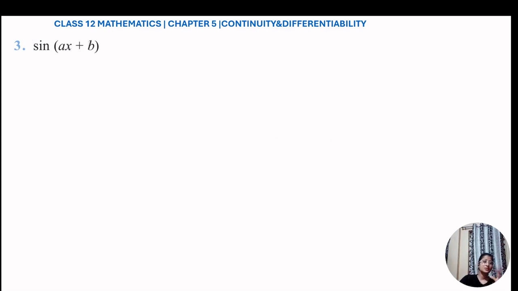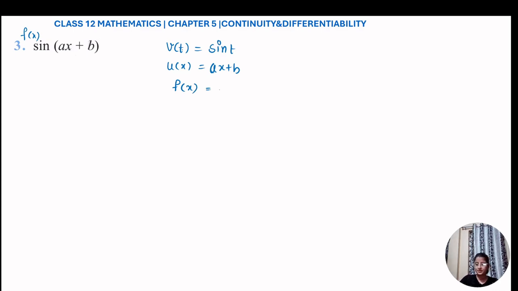This is also the same question, but may I help you in this question? Here also, let's start with the same rule that I have told you. Take this function as f of x. I always take your outer function as v. So your v of t is nothing but sine t. Take your inner function as u. So u of x is nothing but ax plus b. Now your f of x is nothing but